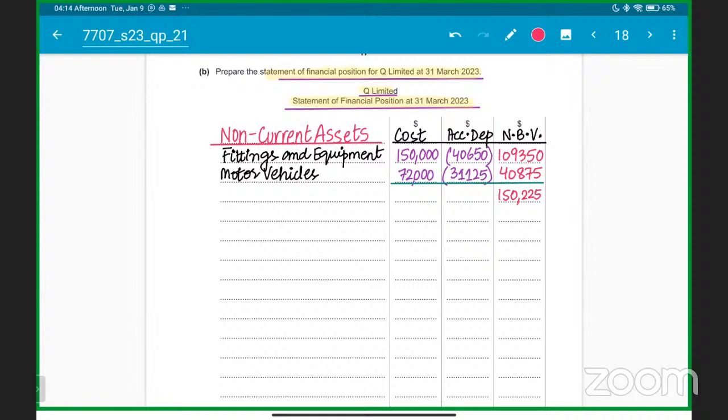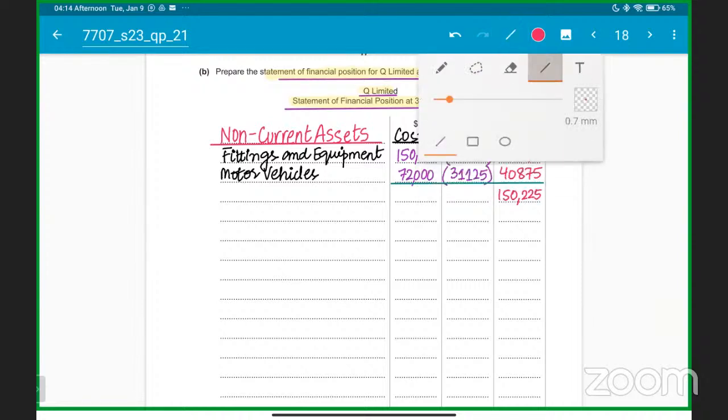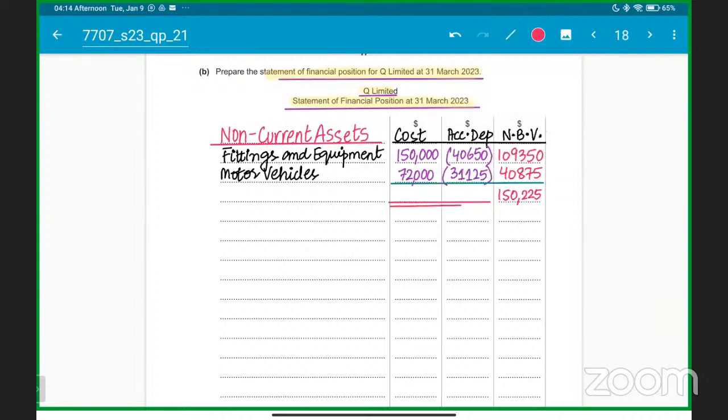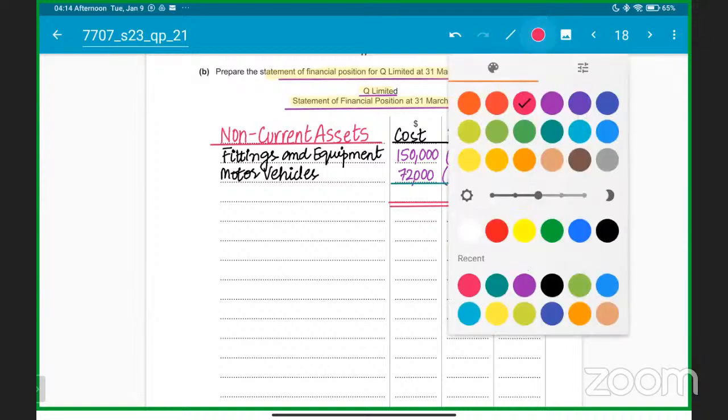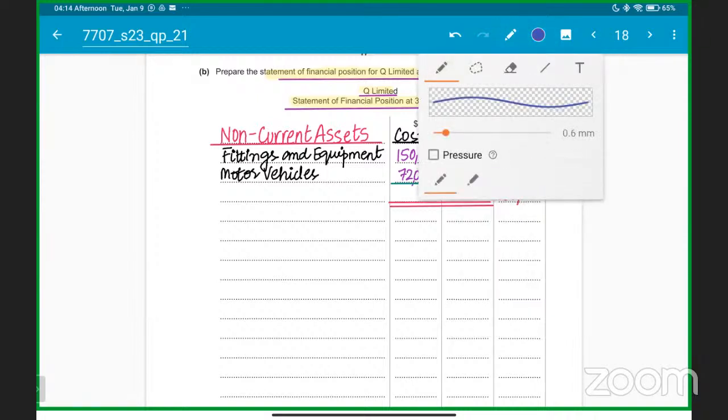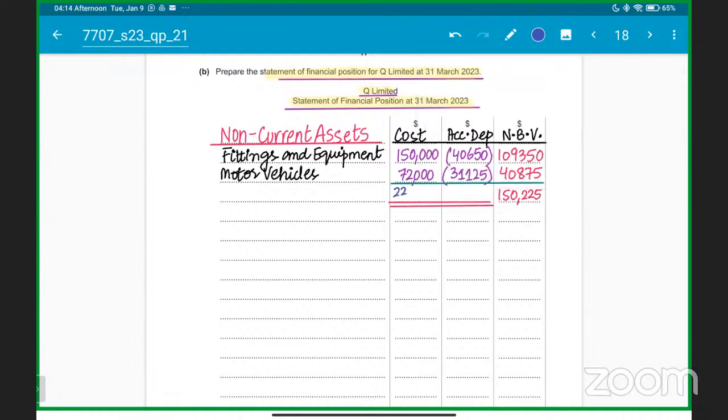Is everyone clear with me? Following? Any questions? Let me know. These will also be added. This is part of the format, okay? But they will be finished here only. 150,000 plus 72,000. So the total cost of the assets was 222,000. The total depreciation for the assets was